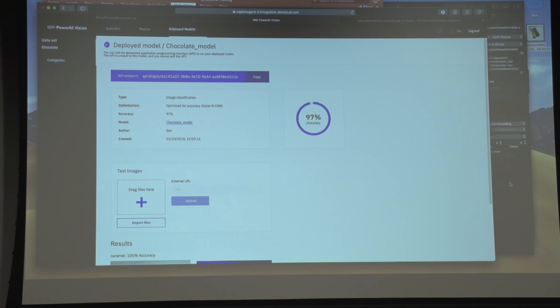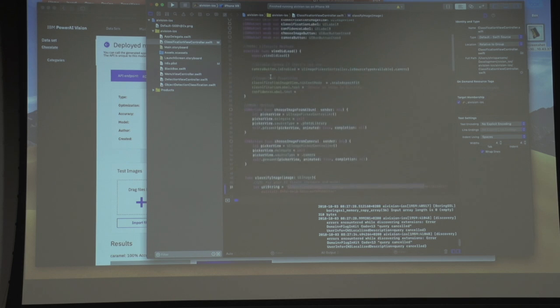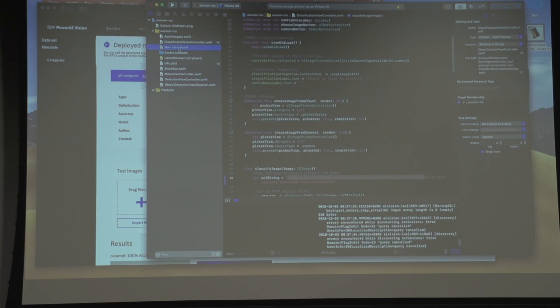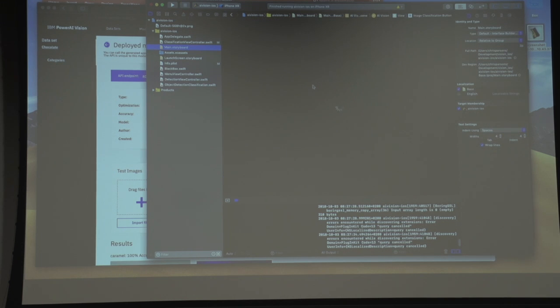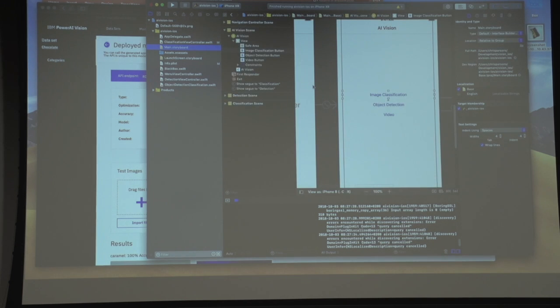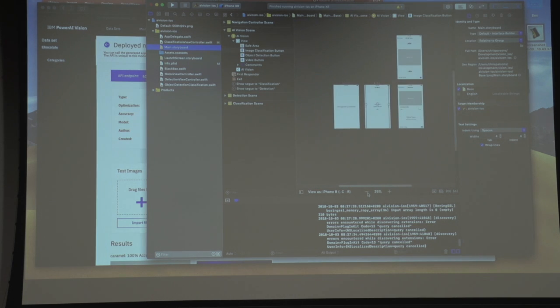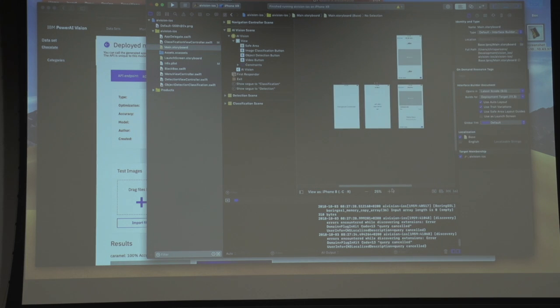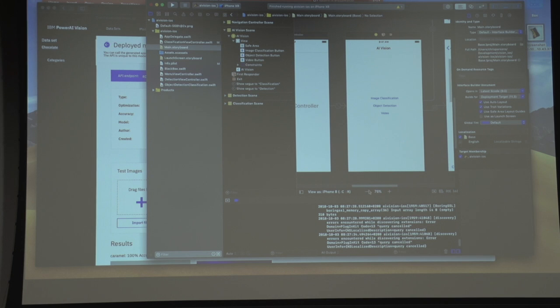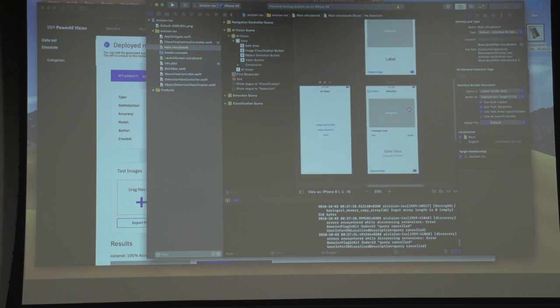So let's jump over to the iPhone application development. So this is my storyboard. This is a beach ball. That's a spinning. There we go. So this is my storyboard. Let me zoom out a bit. You will see not massively complicated in that, sorry, there we go, in that I only have a couple of